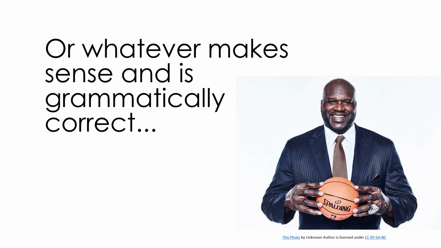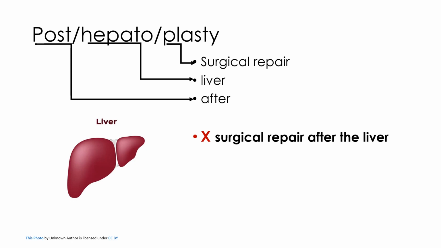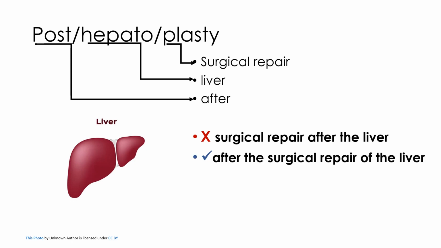So we have our rules in defining a medical term, but sometimes we don't follow the rules because they don't make sense. So we define the term however it makes sense and if it is grammatically correct. So for example, post-hepatoplasty. If we follow the rules, it will be surgical repair after the liver. You know, suffix, prefix, then word root. That doesn't make sense. So we change it to, and the actual definition of post-hepatoplasty is